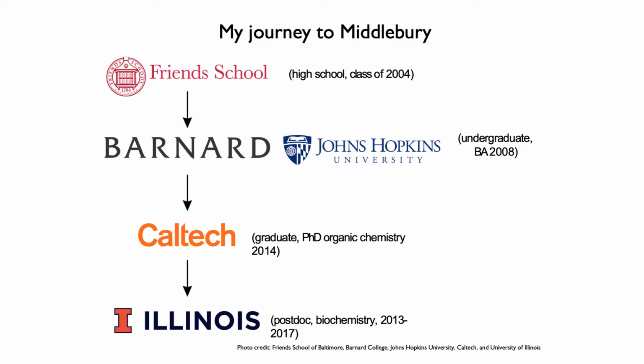And I ended up going to Barnard, which is a women's college in New York City. And when I was there, similarly, after the first 2 semesters of organic chemistry, that was what I wanted to do. I was really interested in organic. I had a great experience with it. And ultimately, I ended up pursuing research as an undergraduate. It was a couple of years into undergraduate. I didn't start that until the summer before my senior year.